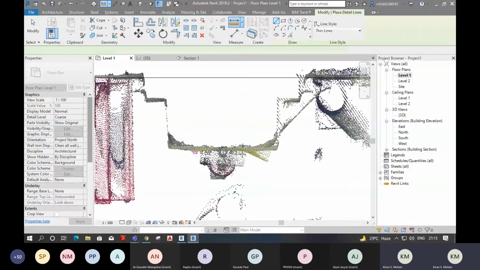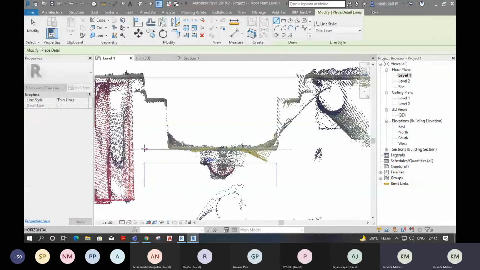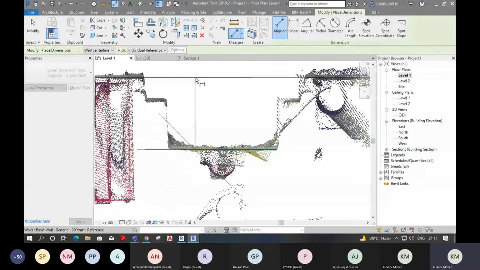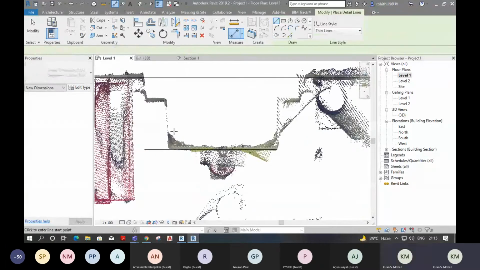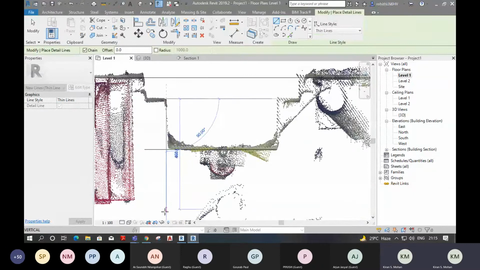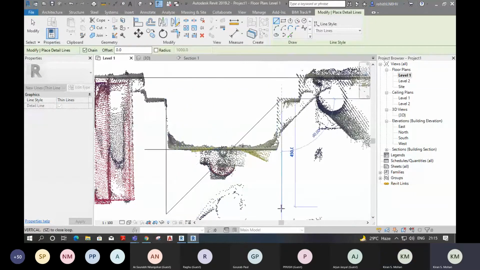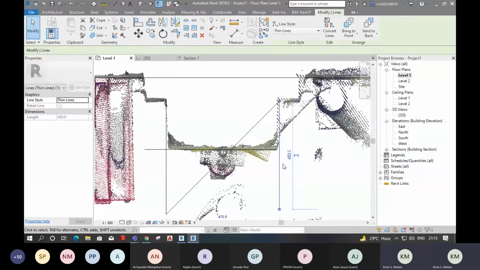Then we can select another line here. Maximum try to align it with the points in a particular line. Now we can measure the distance. 465.